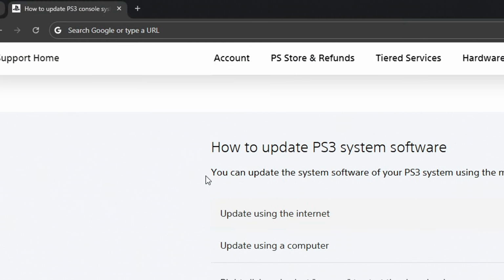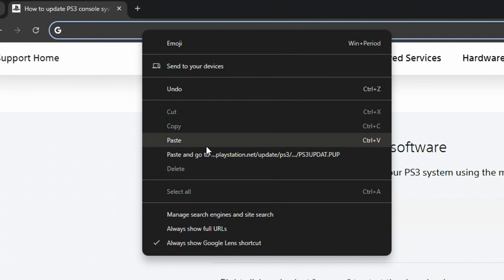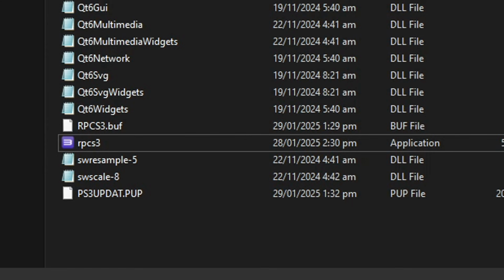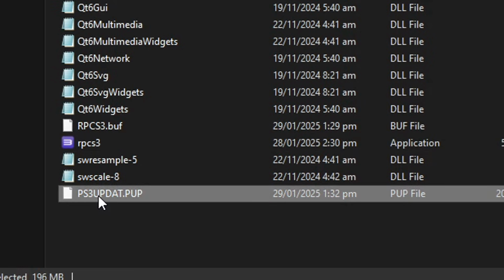And then you're gonna paste this link on the browser that you are using. So you can go ahead and just right click on this one and select the paste option, or you can just press Ctrl V as well. And now you just have to press enter to start the download. And you're going to download the firmware file to the same emulator folder. Here on my emulator folder, you can see that I have the firmware with me. It is this file, ps3